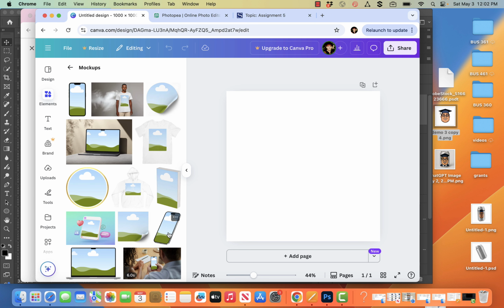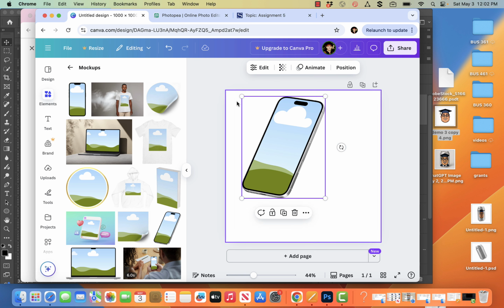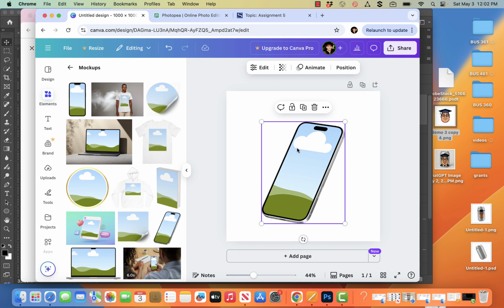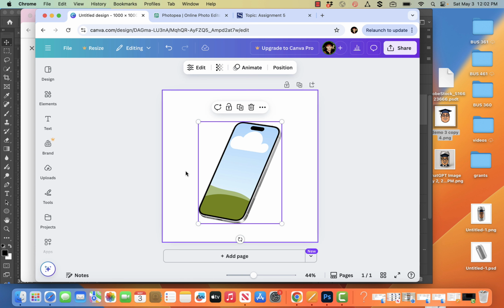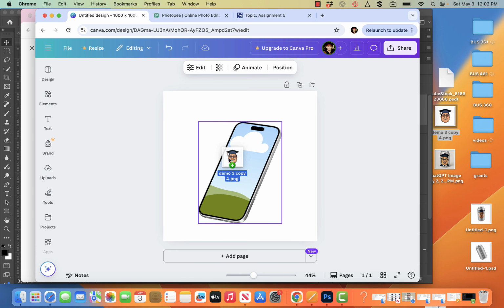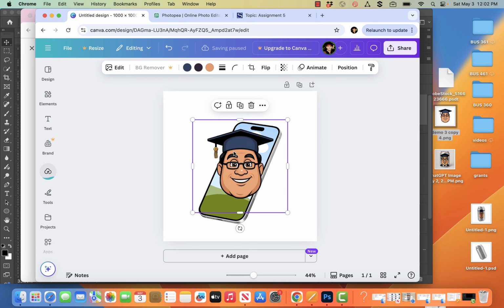And I just use this cell phone, so now you can change the size, make it bigger, smaller, and then you can bring in your image. And whenever you see the cloud, sky, and hills icon, it's kind of like a replace, drag and drop, put your image here icon. So I think you have to bring your image in first, and then kind of once